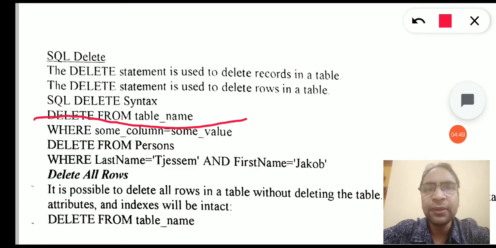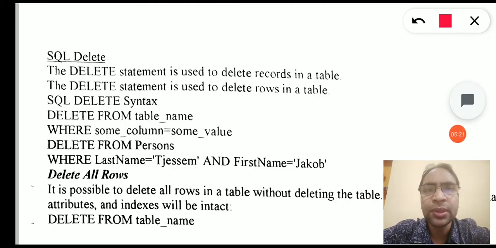Remember, after delete we do not write any name of the column or any wildcard, because it is not a selective delete. It will delete a complete record. We cannot select some columns of a record to delete. For that purpose, we use the update clause. So to delete, we'll use delete, then from, and then the name of the table. And after that, we'll use the where clause to supply the condition for the records we want to delete.